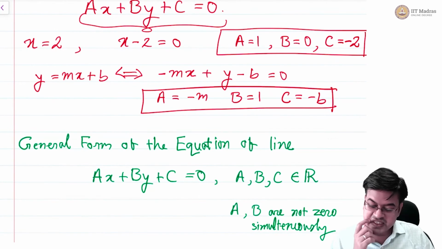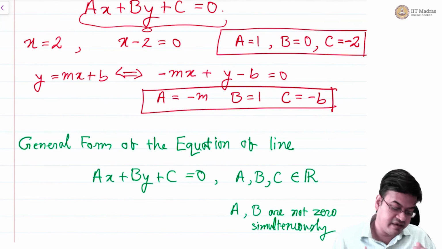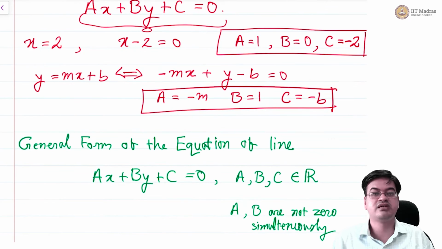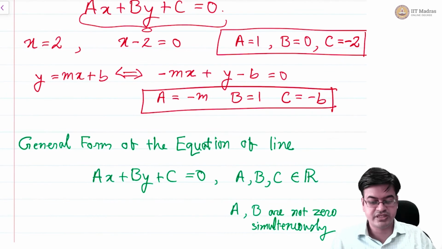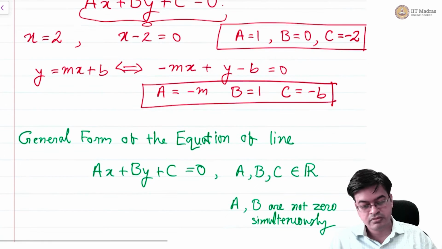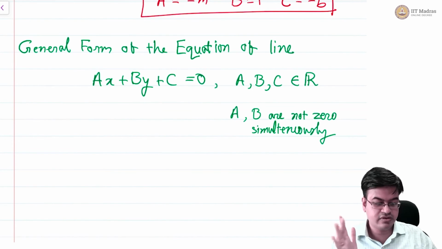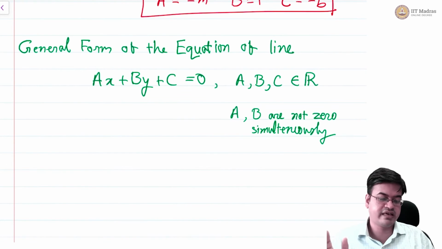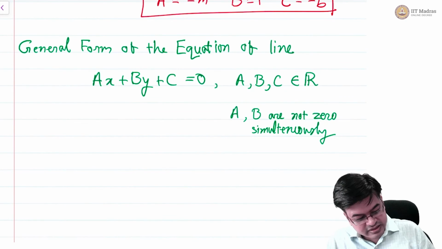Okay, why is this condition a and b are not zero simultaneously? Because assume a condition where a and b are 0 and then you are writing c is equal to 0. That represents a void equation. You cannot solve that equation, or it is not an equation in fact when c is not equal to 0, right? So therefore a and b cannot be 0 together. That's the only condition. Individually they can be 0, but together in any equation of a line they cannot be 0. So let me start with another set of examples, that is using general equation of line.